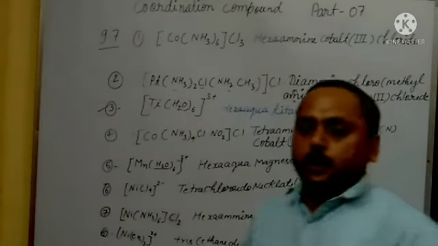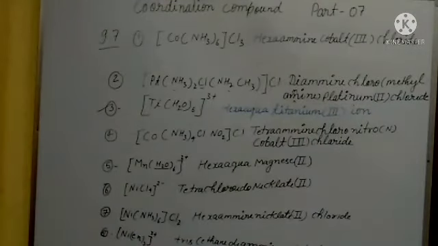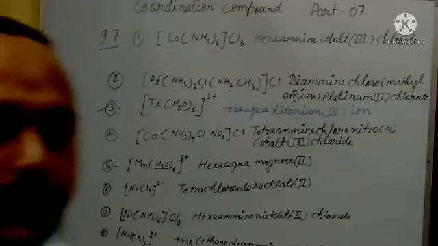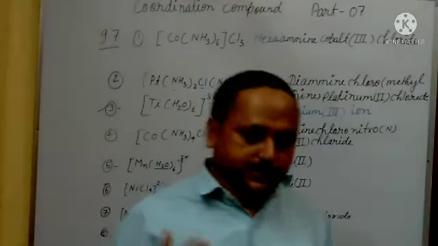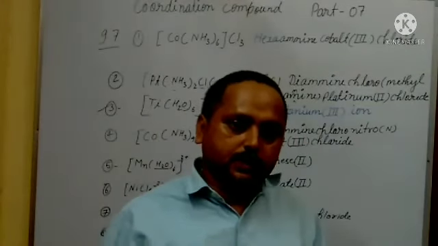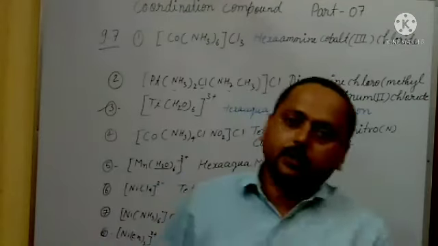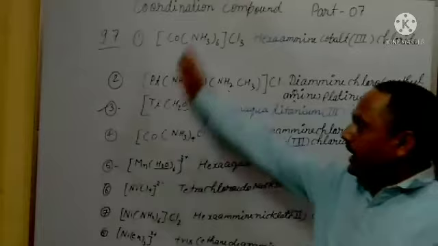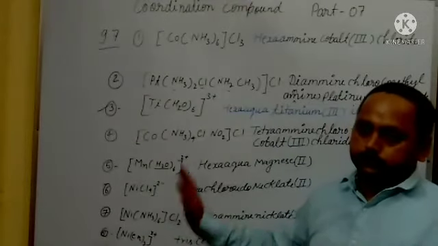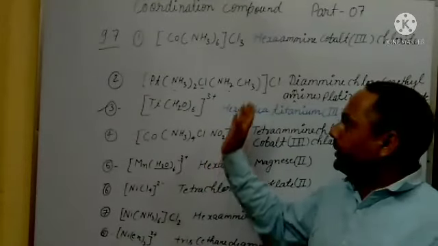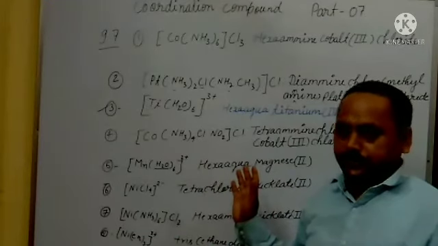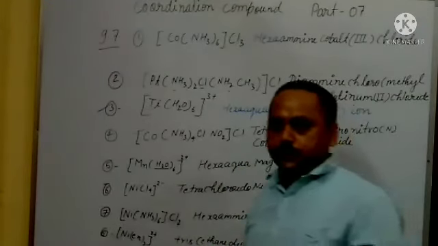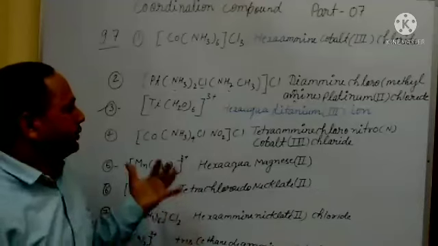So what we have seen here is that we have written the names of some coordination compounds. You can write more names; take some more examples from your book and write them. If any confusion is there, you can contact me. You may get my number from the class teacher. So I have given some examples, and writing the names of coordination compounds is completed here.